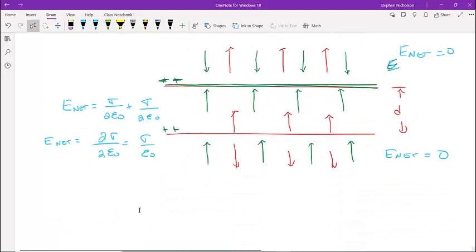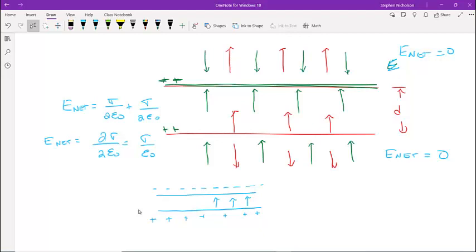So that is the electric field between parallel plates, infinite parallel plates, or approximately between finite plates, but where the distance between the plates is much smaller than any of the dimensions of the plates. So what we get is, if this is positively charged on this side, and this is negatively charged equally on the other side, then the electric field is going to go like that, and it's going to be uniform